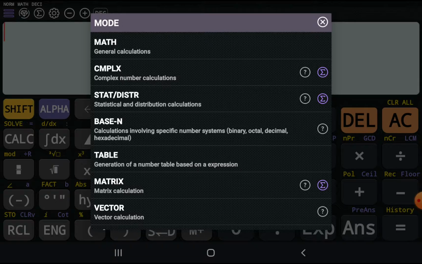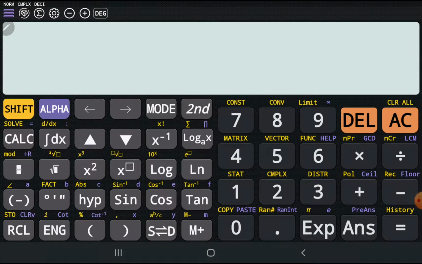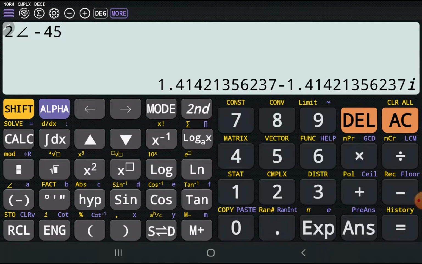Mode 2 if you are on a 991ES calculator. So you would choose complex, and then 2 shift angle. Your angle is negative 45 degrees. Okay, you can see the x and y component of the 2